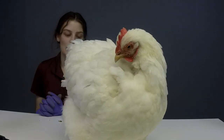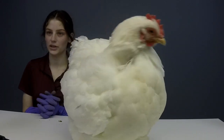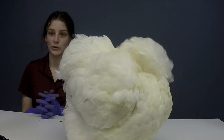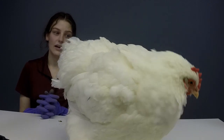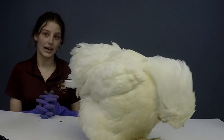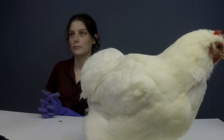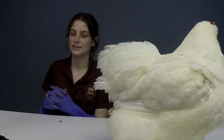So Bertha is not going to be very good at flying. She's a little bit of a heavy bird, and that's just because she is bred as a domestic species. But they also do come from the red jungle fowl, which is a ground-dwelling bird in Asia. So they're really not made to fly. Some species of chicken can fly, like Yokohamas, but Cochins in general aren't very good at flying. She can get up about, I would say, 4 feet,